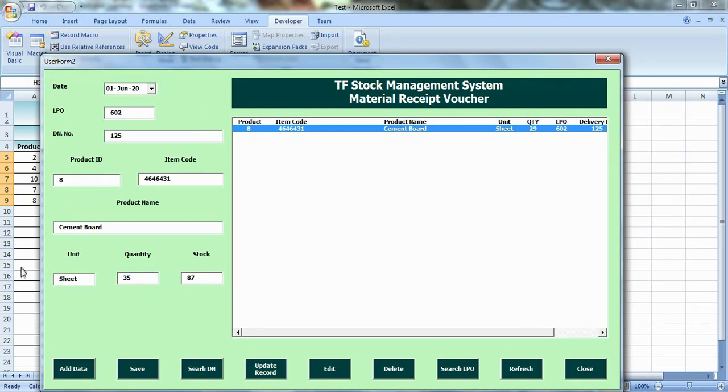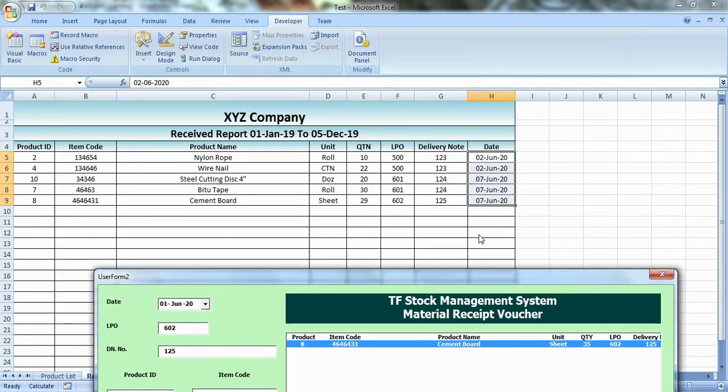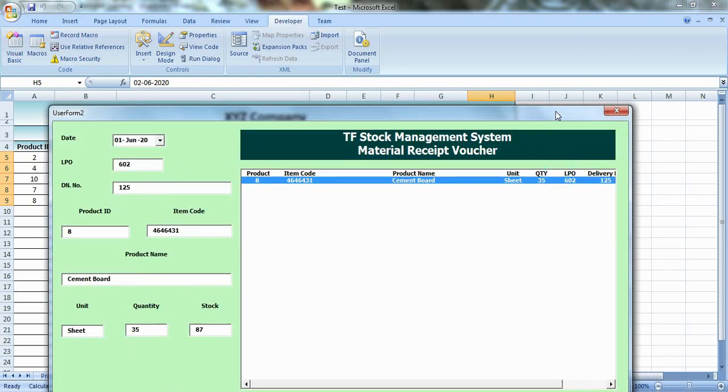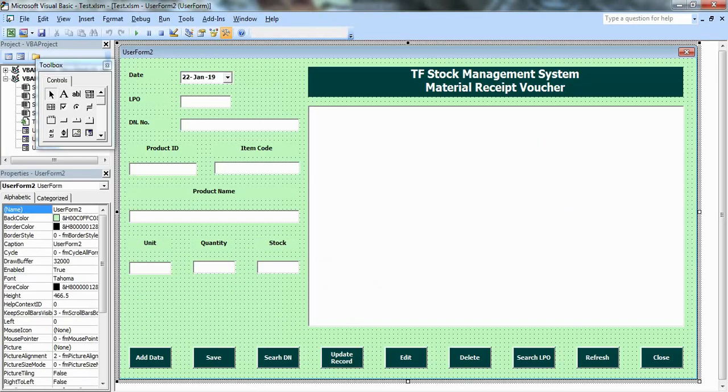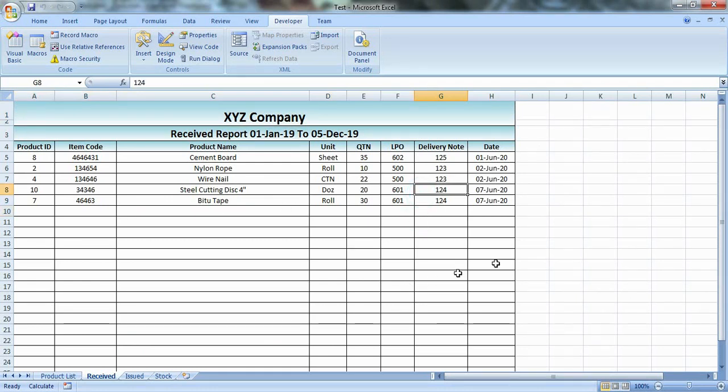I added the record here in the list box, and then when I update the record, you'll get this message, Record updated. Let me see what happened in 602. Yes, you can see here that when I change the date, the first record came on the top because this date is 1, and the quantity I've changed has also changed, and the other records are coming as per the dates.